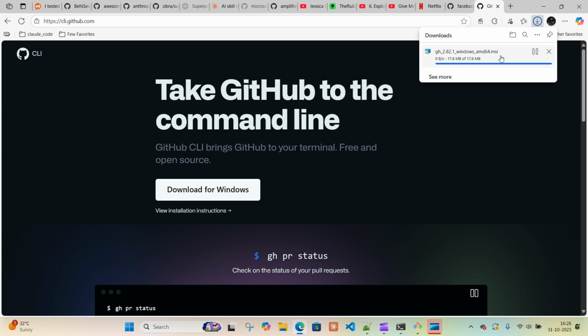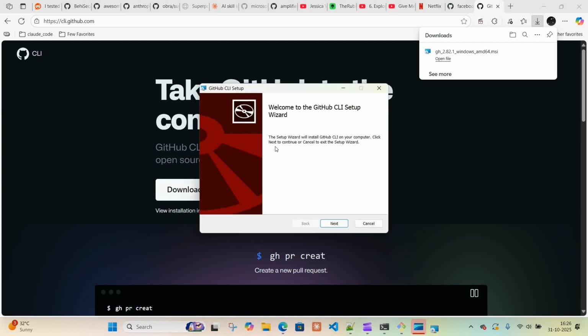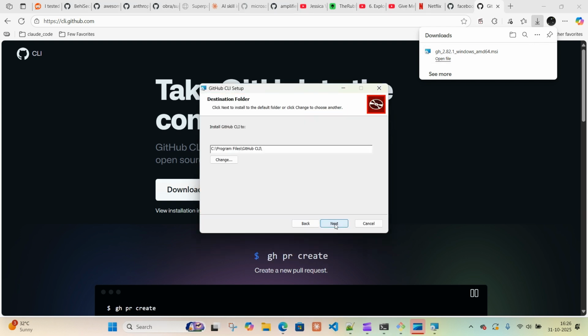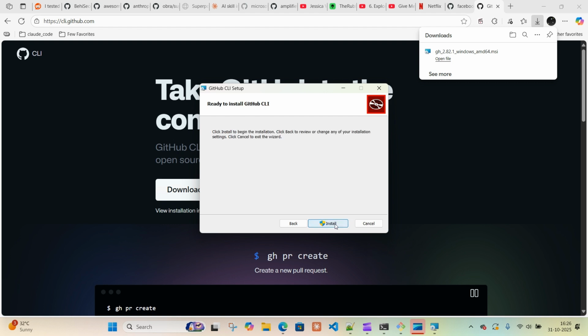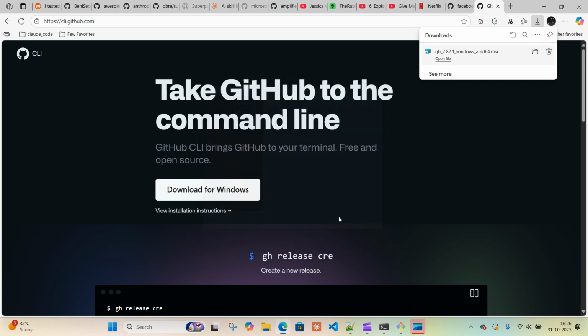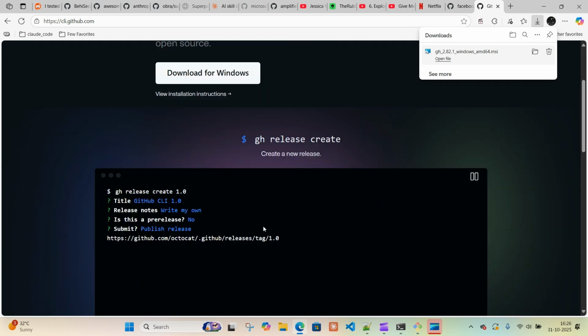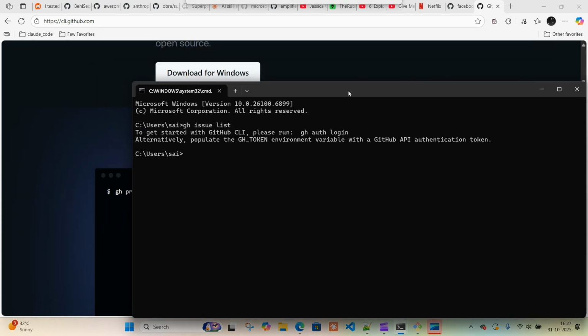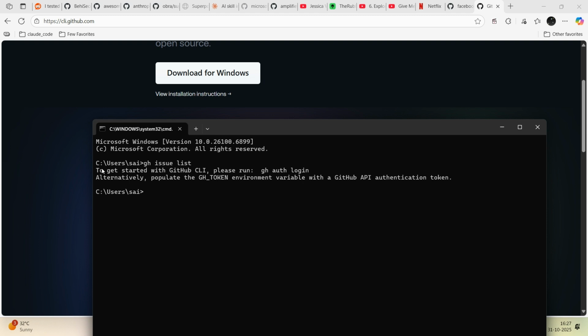Once the download is complete, I'm just going to click this button. It's going to take me through various steps to install GitHub CLI on my machine. So now, yeah, it is actually completed. So the first thing is, as it says, to get started with GitHub CLI, we need to